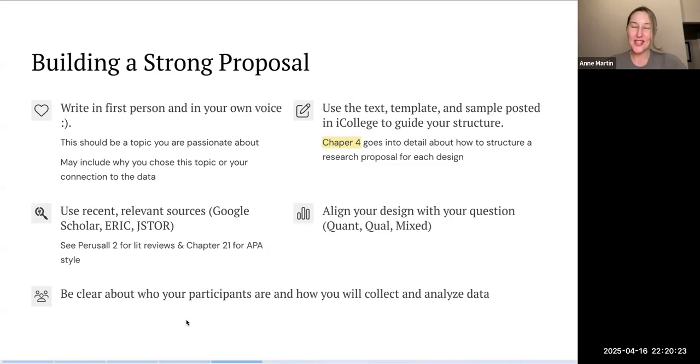Now, again, you don't have to collect these data, so you are just proposing who ideally you would like to be participants, how you would recruit them, and the steps that you would do in future tense. So at this point, you don't need to worry about being able to collect the data, but rather build a